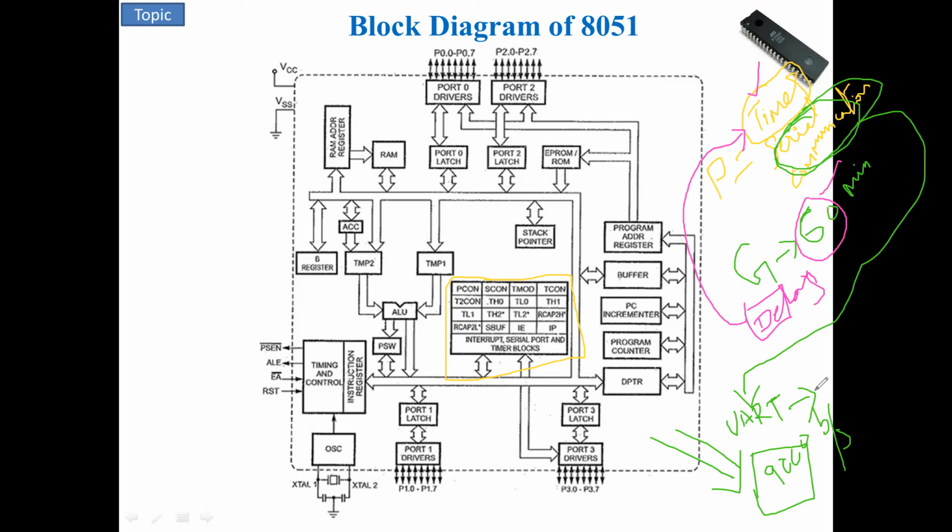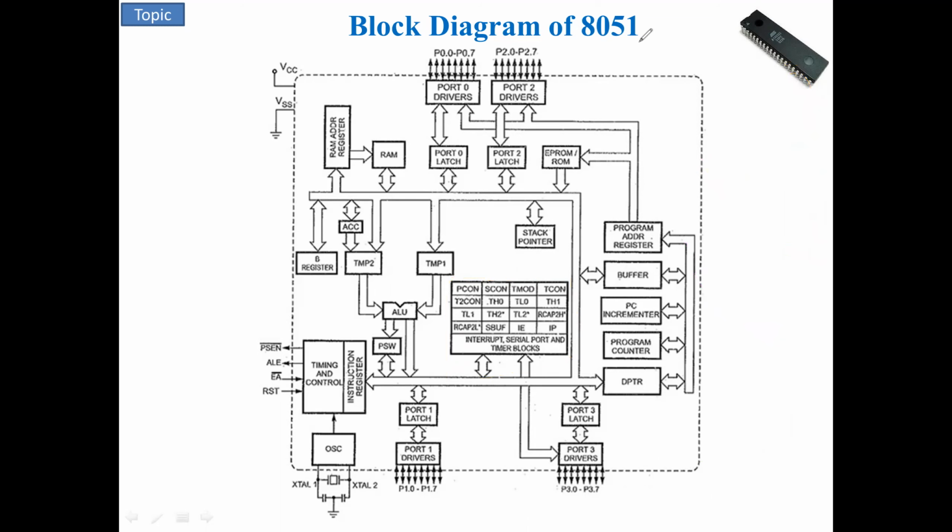So this can be achieved by serial type of communications. In order to do that particular operation, we have a number of control registers. This is for serial communication control. This is for timer control, and these are some of the registers utilized for timer. So these are all the registers, and here we have interrupt enable and interrupt priority.